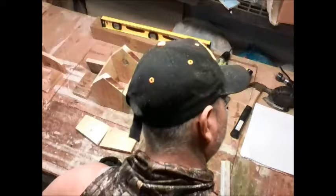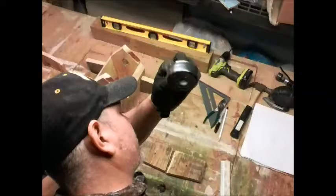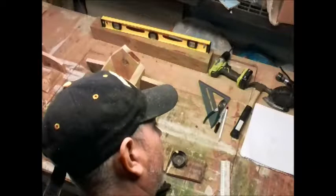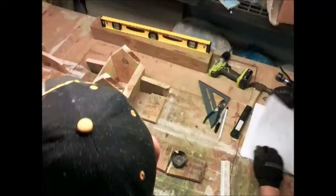Written down here. So let's go back. I got my 2.5, and I got my 2 inch, and then I have the 1.5 that goes in the center. And how I do that is I put them all together. And let me find my...